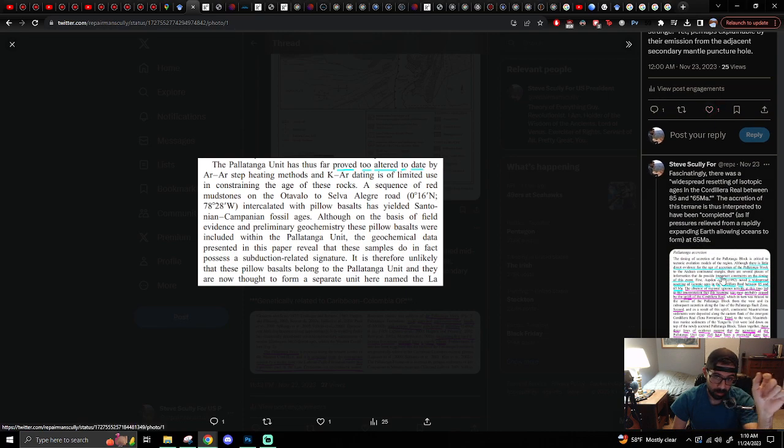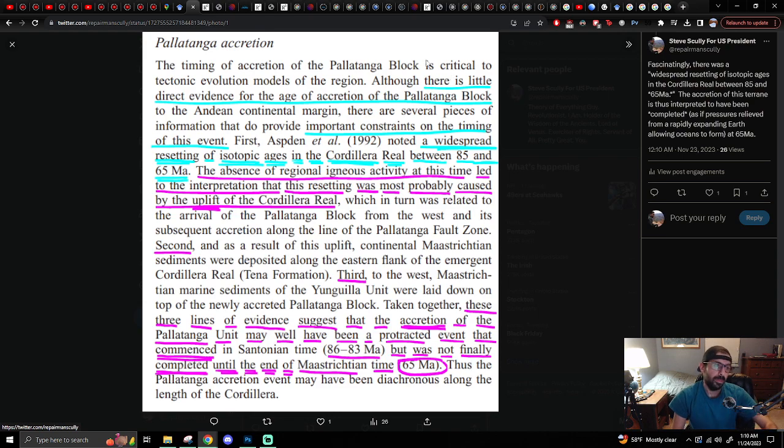So if we keep reading from this, the Palatanga accretion, which, mind you, is again related to the secondary mantle puncture hole. The timing of accretion of the Palatanga block is critical to tectonic evolution models, assuming plate tectonics, of the region, but regardless critical. Although there is little direct evidence for the age of the accretion of the Palatanga block to the Andean continental margin, there are several pieces of information that do provide important constraints on the timing of